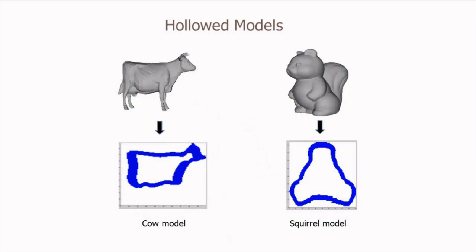So moving further, this typically shows the hollowing, how the algorithm essentially works. You have, for example, a cow model, a particular layer is taken, it is voxelized, and with a shelling thickness which has been given, it is imploded so that you get the contours based on the wall thickness commensurate with the strength of the component. This shows the squirrel model, where also in a layer it shows the typical hollowing operation.